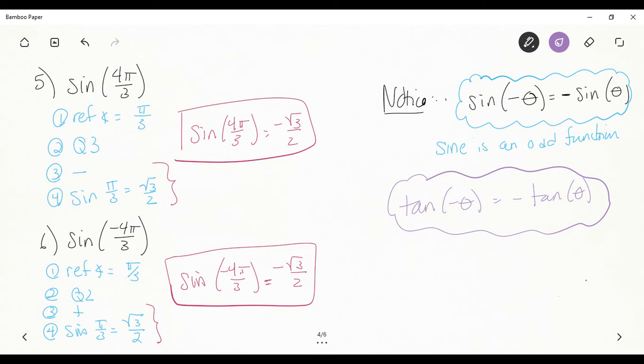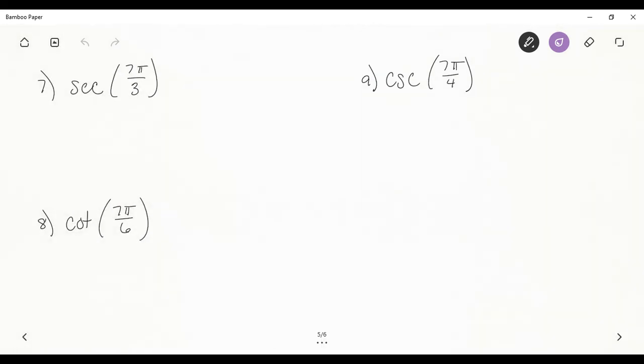Okay. All right. Let's look at some of our reciprocal functions and how to figure those out. Okay, secant 7 pi over 3. As we did before, our 4 steps. First thing, find our reference angle. Regardless of the function, we're looking for the reference angle. So secant of